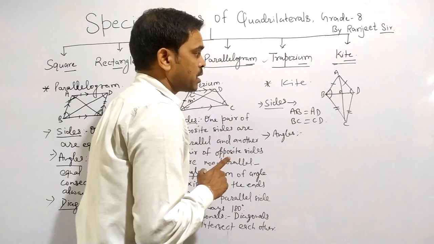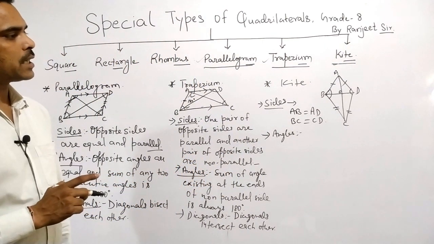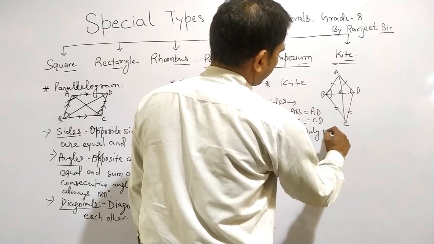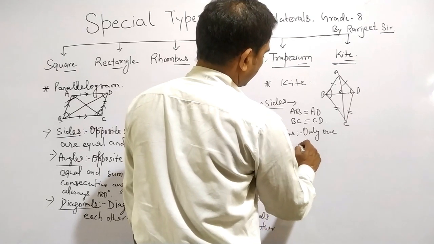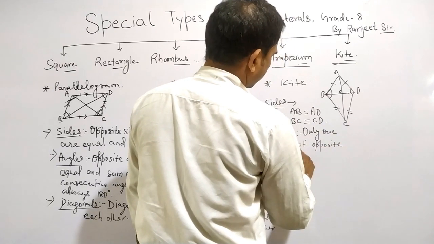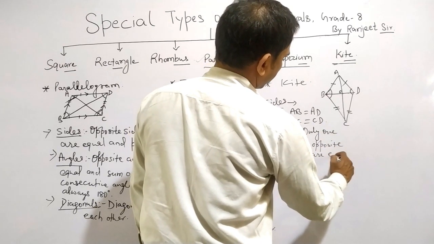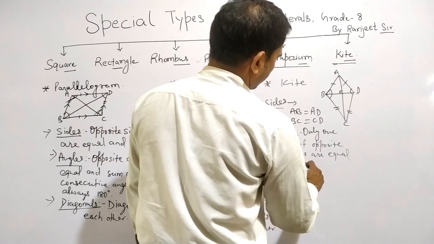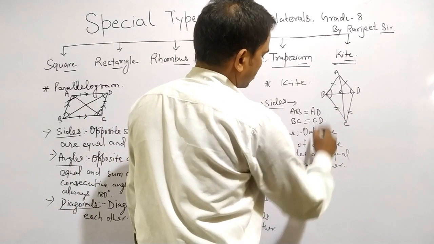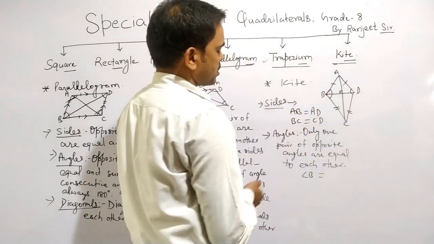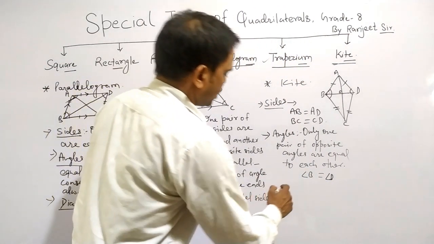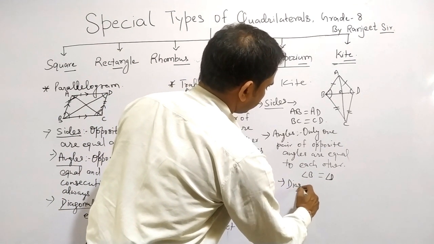So only one pair of opposite angles are equal to each other. Okay, so you write it, only one pair of opposite angles are equal to each other. Okay, so it means what? Angle B here, according to this diagram only, angle B will be equal to angle D. About the diagonals,